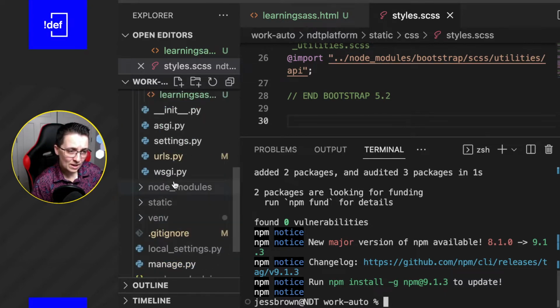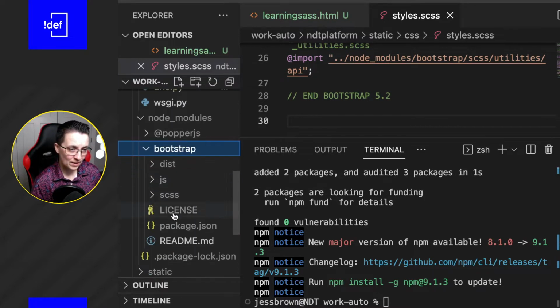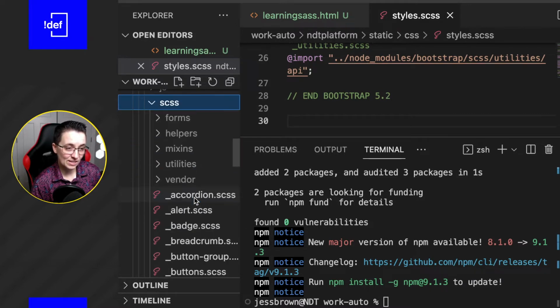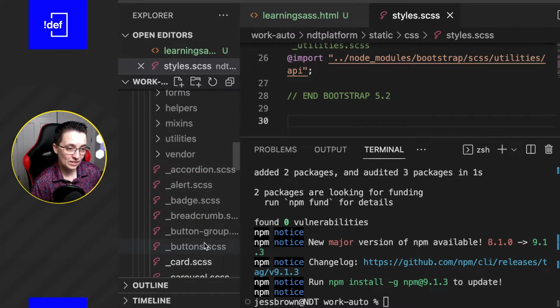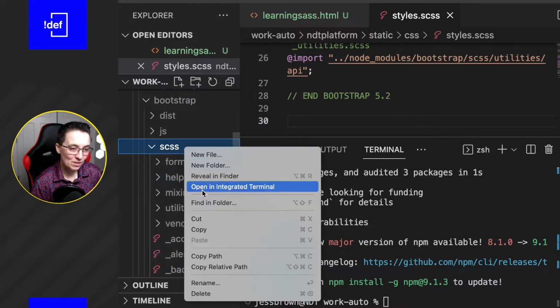So let's go into node modules, Bootstrap, and I don't want to mess with distribution. That's all of everything compressed and compiled or whatever. I actually want to get into their SCSS folder here, because this is kind of where the magic happens, I feel like. So I'm going to copy this folder,